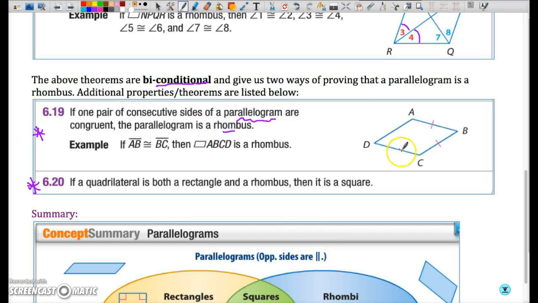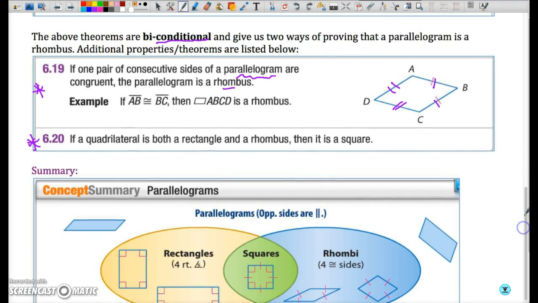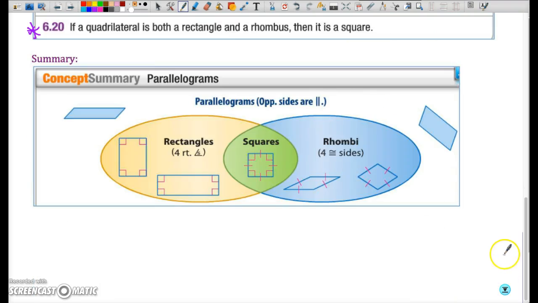rhombus. If you are given a parallelogram, we have both pairs of opposite sides congruent. If you are then able to show that AB and BC are congruent to each other, it results in four sides being equal, and that is the definition of a rhombus, and that's why this theorem works as it does. Okay, and if we scroll to the bottom here, what we have is a little summary,